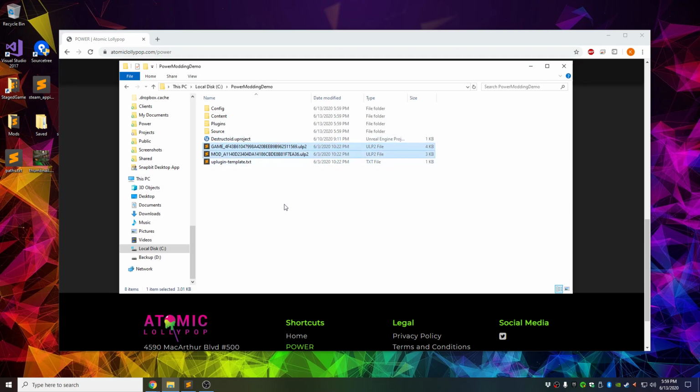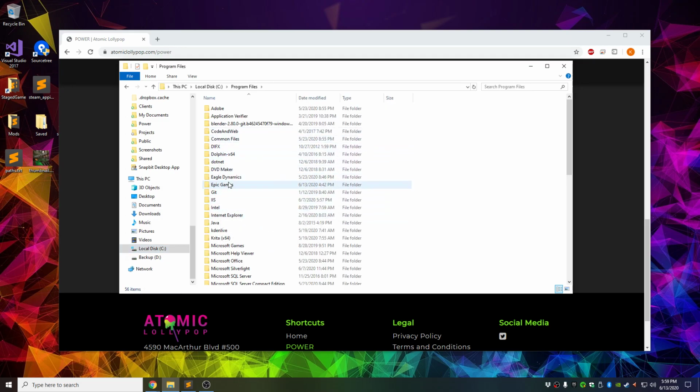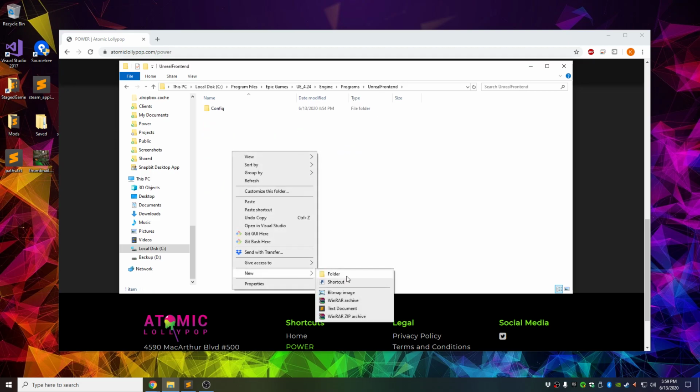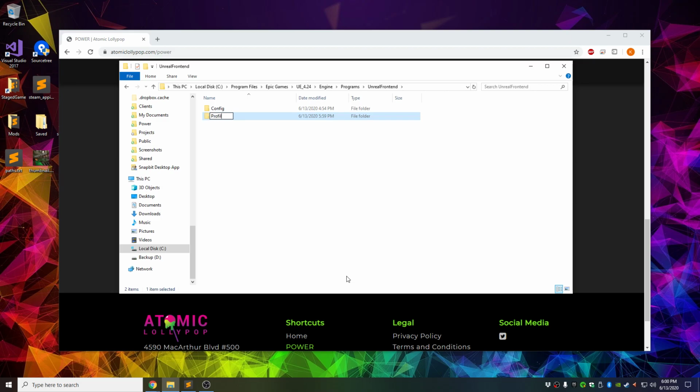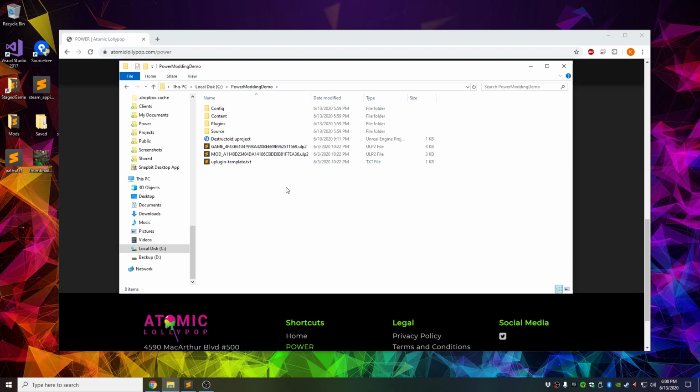So we'll just select both of those, copy, and we'll go to C drive, program files, Epic Games, 4.24, engine, programs, Unreal front end, and we'll create a profiles folder in there, and we'll just paste these Unreal launch profiles into that folder. So let's go back to our mod kit install here,